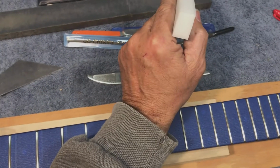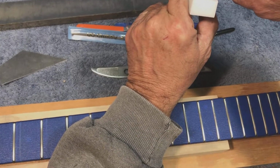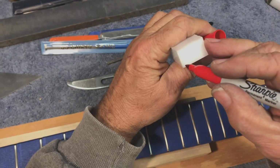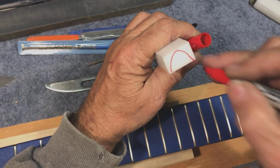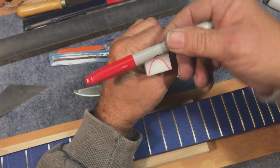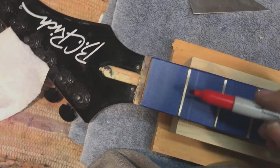If this were the fret, and this were the string, it would play one note here and another note there. We want the top of this fret to be this nice crown where the string only touches at that point. So no matter which way things are going, it's going to play the same note. That's what you want. So what we're going to do is take our handy dandy felt pen